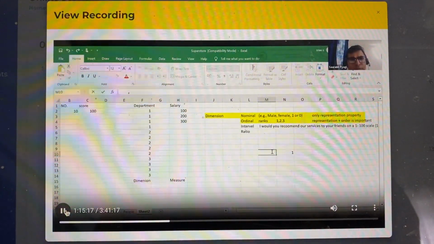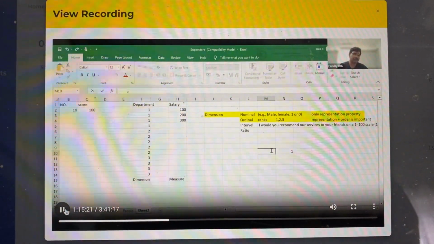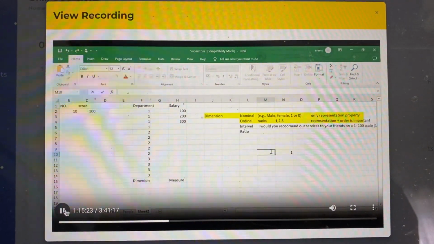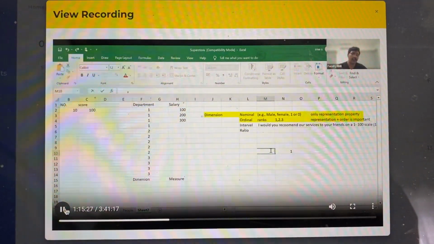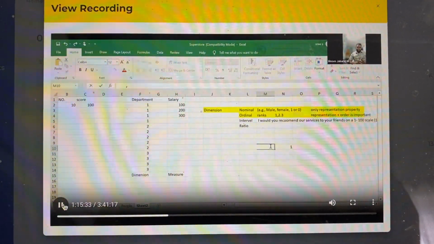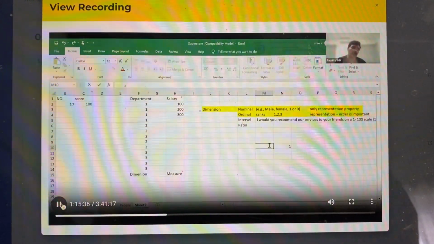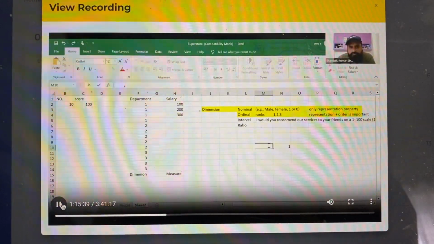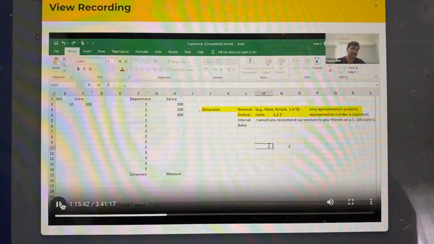Out of the 3 scales, which is the highest order scale? Nominal, interval, or ordinal? Interval scale you can convert back into ordinal. Interval scale can also be converted back into nominal. The highest scale is interval out of these 3. Now, can you convert nominal into interval form? Can you convert female into interval form? No, it's not meaningful.